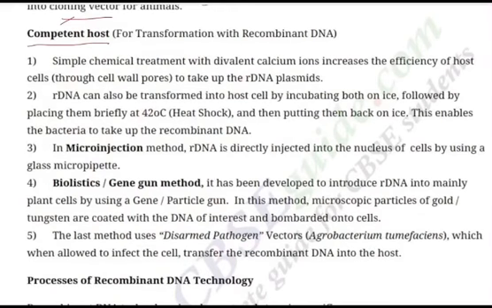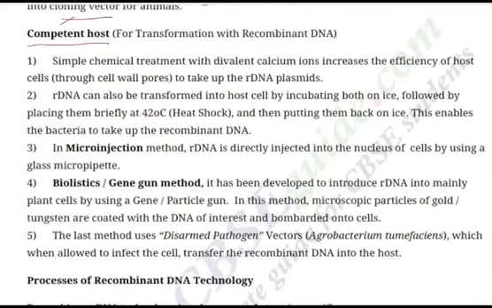DNA is a hydrophilic molecule. It cannot pass through membranes, so bacterial cells must be made capable of taking up DNA. This is done by treating them with a specific concentration of divalent cations such as calcium ions, which increases the efficiency. In eukaryotic cells, the term transformation is replaced by the term transfection. It is the process of gene transfer into the host cell without using a vector. This is possible through what we call electroporation or microinjection.